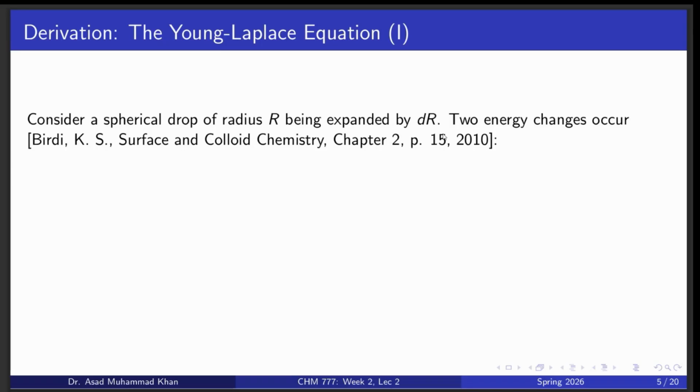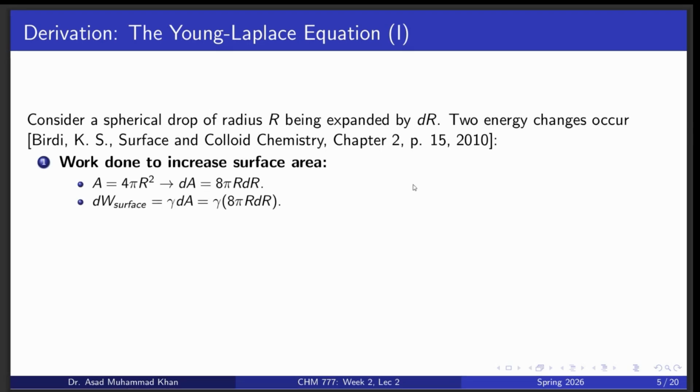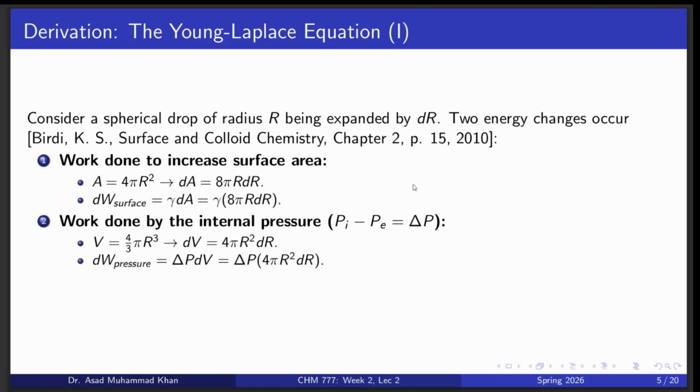Now consider a spherical drop of radius r being expanded by dr. पहले उसका रेडियस r था, अब थोड़ा सा एक्सपेंड हो गया, कितना हो गया, dr हो गया। Two energy changes occur. One is that the area is 4 pi r square, and then it is expanded by dA, so 8 pi r dr आ जाएगा, and the work which was used to expand it is gamma dA, which is gamma into 8 pi r dr। ठीक है, उसको मल्टीप्लाई कर देंगे तो ये आ जाएगा।